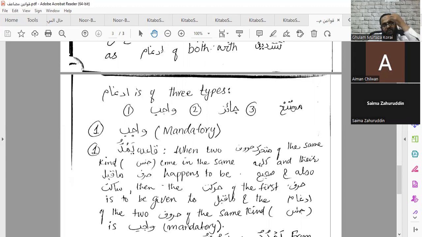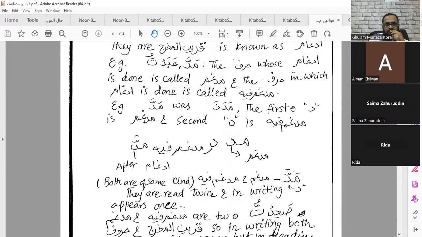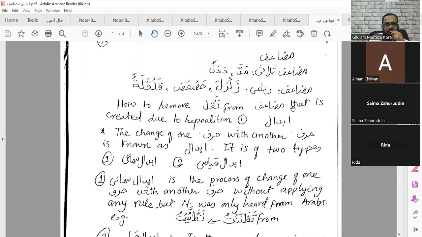Okay, Sister Rida, please repeat it. Yes, sir. For muzaf, to remove the heaviness of the word, we apply three rules. These are called ibdal, hadaf, and idgham. Very good. And ibdal is what, sister? Ibdal is adding, and hadaf is dropping something, and idgham is